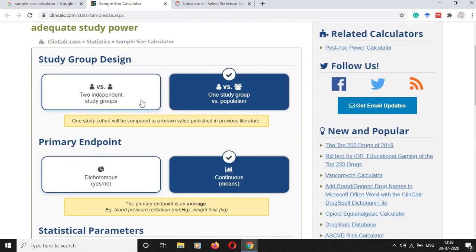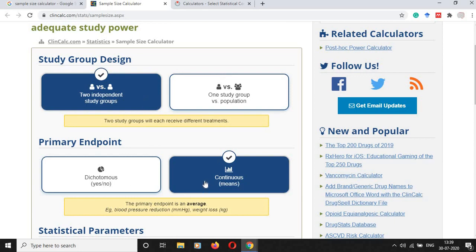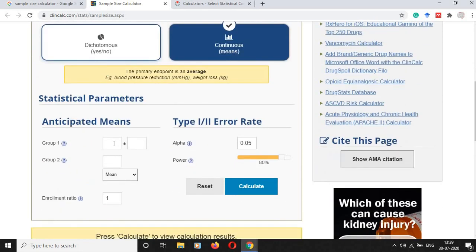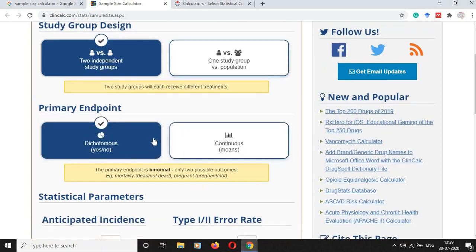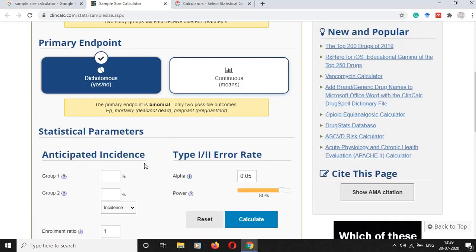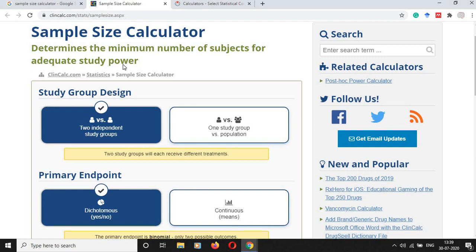Same way we can compare 2 independent study groups and means can be calculated. So group 1 anticipated mean and group 2 anticipated mean have to be substituted, and alpha and power will be here. Same way the 2 group dichotomous variable also can be calculated through this online sample size calculator.